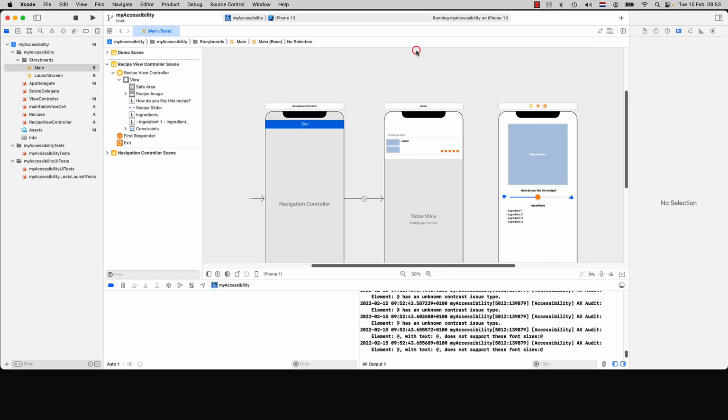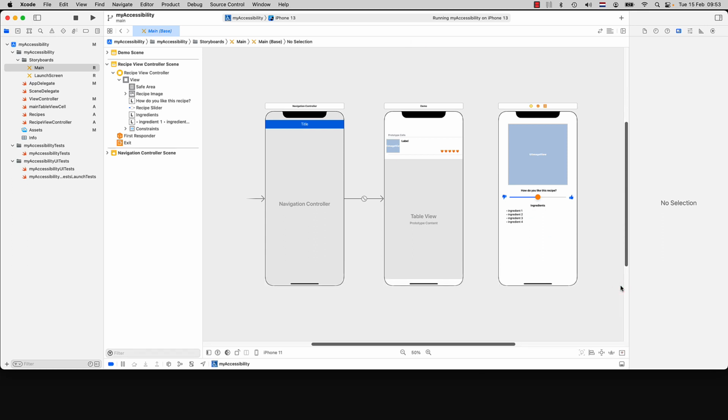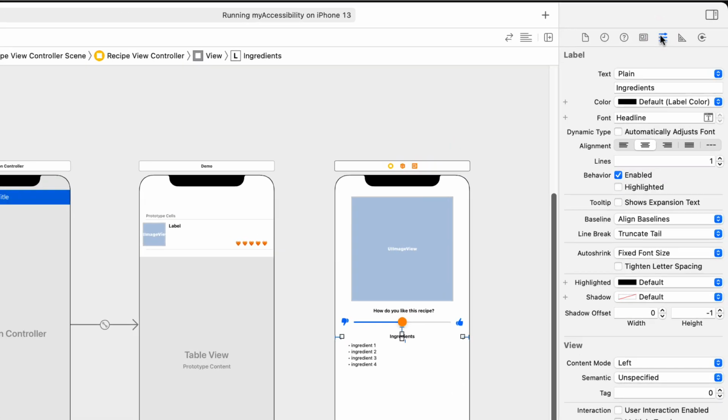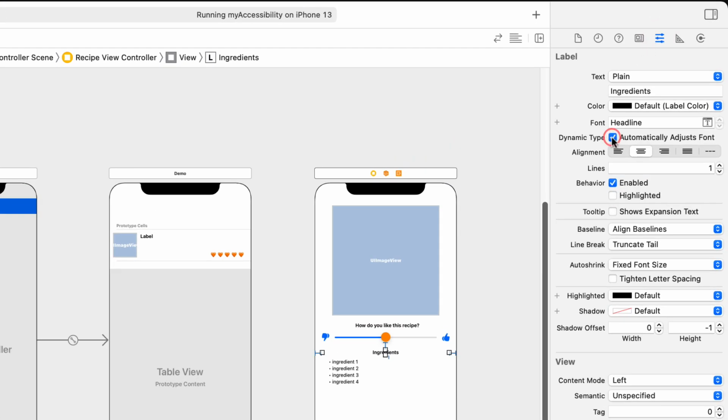We enter the storyboard in the interface builder in Xcode, select the labels, and activate the Automatically Adjust Font Size switch. For the font, we will not use a fixed font size, but instead select Headline and Body.